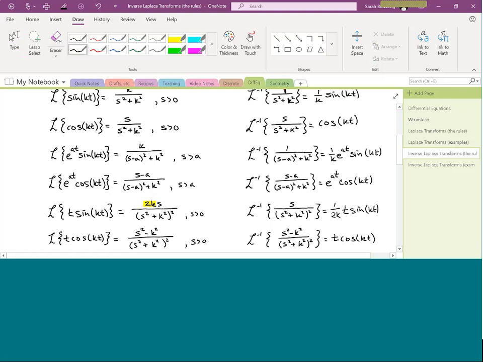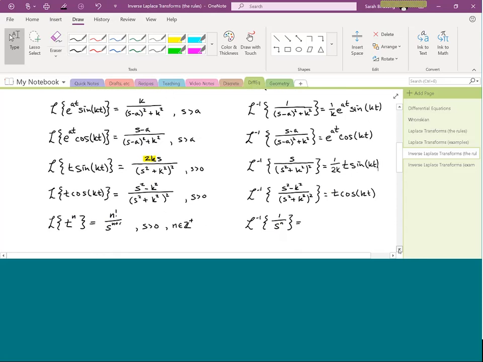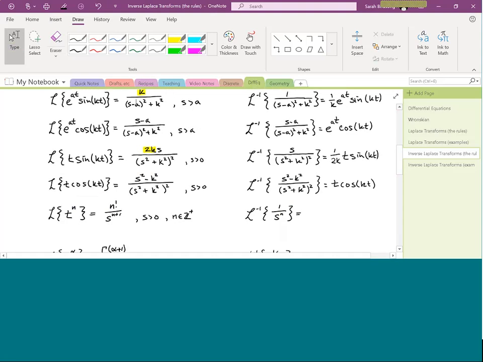So just like with all of the other sine rules, you have some reciprocal of a coefficient, or reciprocal of a constant, out front. And that's it for our sines and our cosines. That's that same thing that we had right up there too. All right, so the next thing that we have is dealing with